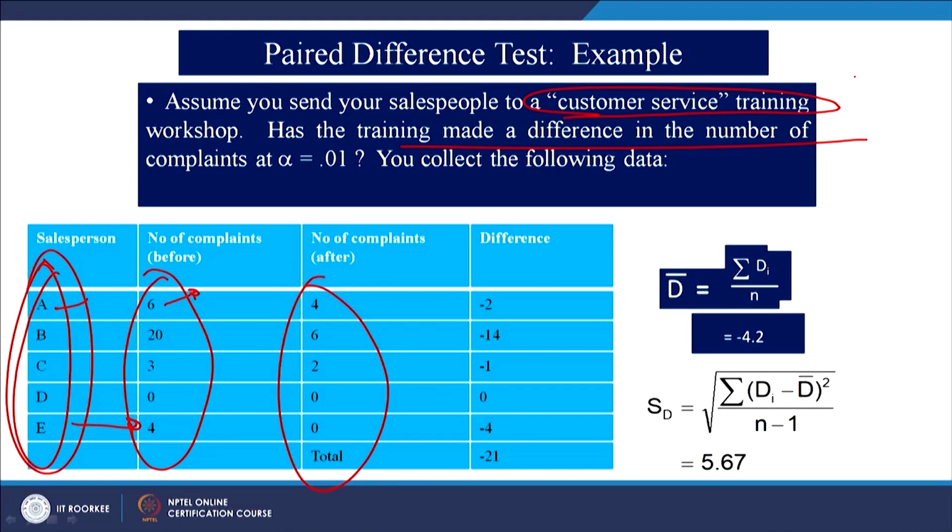You need to have the null hypothesis as, let us say, there is no significant difference. So, let us say mu 1 is equal to mu 2, and the other one would be, because you want to know has the training program made any difference, not equal to type. So, this is a case of two tail test.